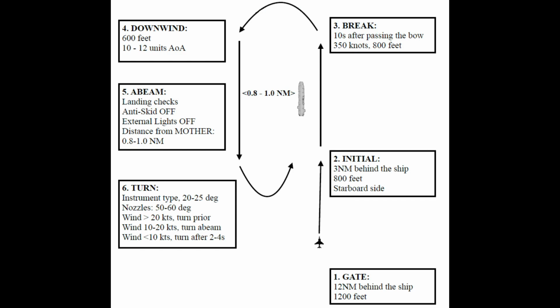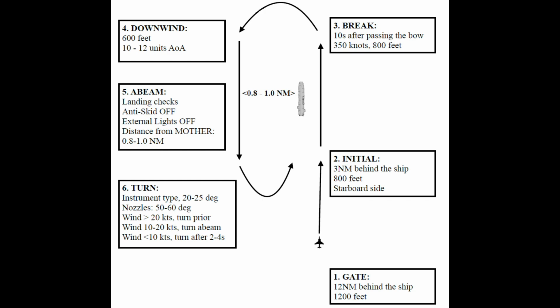So as you can see, we start at number 1, obviously, at the gate. Now this is the start of the whole procedure. It starts 12 nautical miles behind the ship and at 1,200 feet. Now once we get to 3 nautical miles DME, we want to be 800 feet from the sea level, and we want to be starboard side of the ship for the initial. Maintaining 800 feet and travelling at 350 knots, we will need to count 10 seconds as we pass the ship